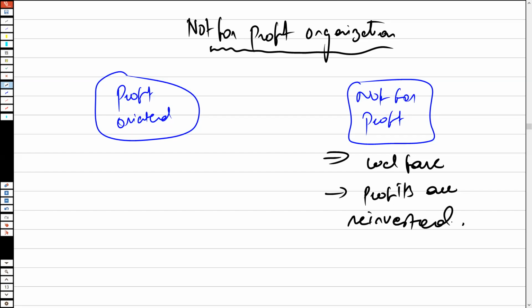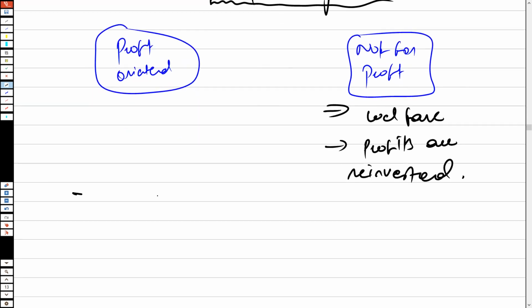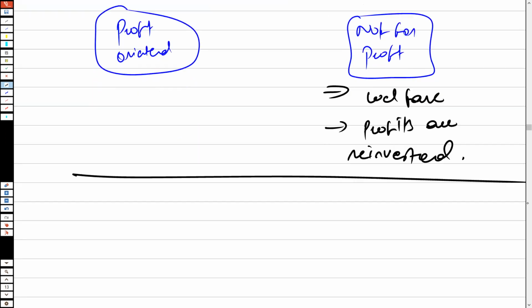The profits are reinvested. Whenever we talk about a not-for-profit organization, the major distinguishing factor is that the profits are reinvested into the business with the objective that ultimately you go about the furtherance of a certain activity. Now, when we talk about these not-for-profit and profit-oriented organizations, there are a few things that you need to